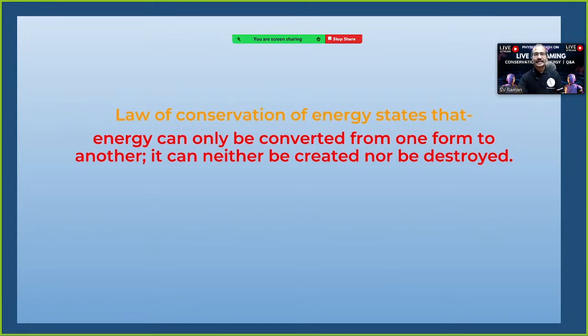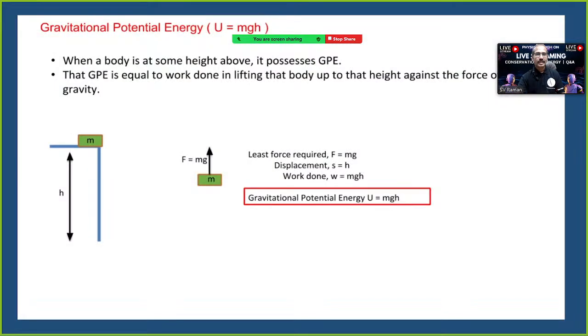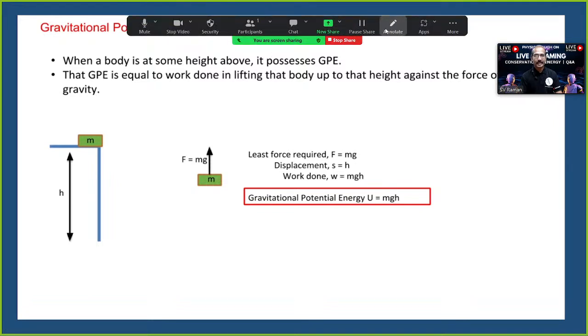Now here, yesterday we studied two kinds of energies. One is kinetic energy, the other one is potential energy. Now, what is gravitational potential energy? What does it refer to? Let's say an object of mass m, we lifted to height h. At the height h, it attains potential energy. So how to derive P is equal to mgh? We will see now.